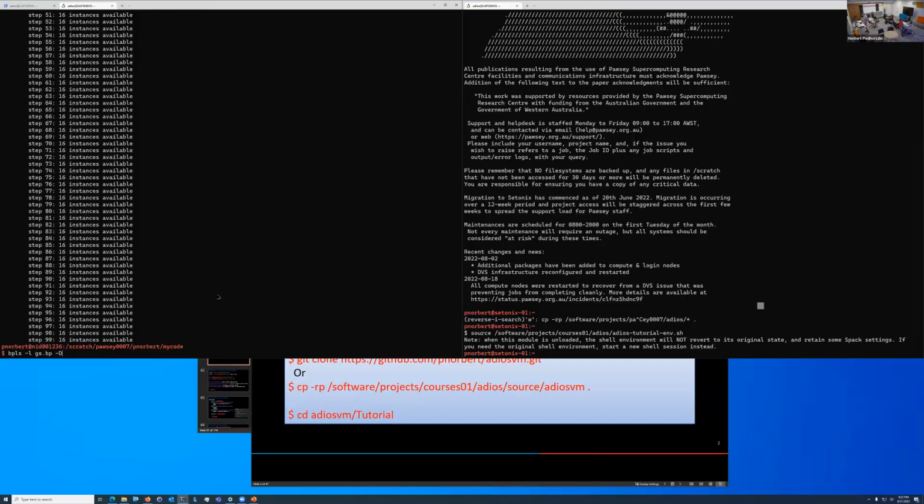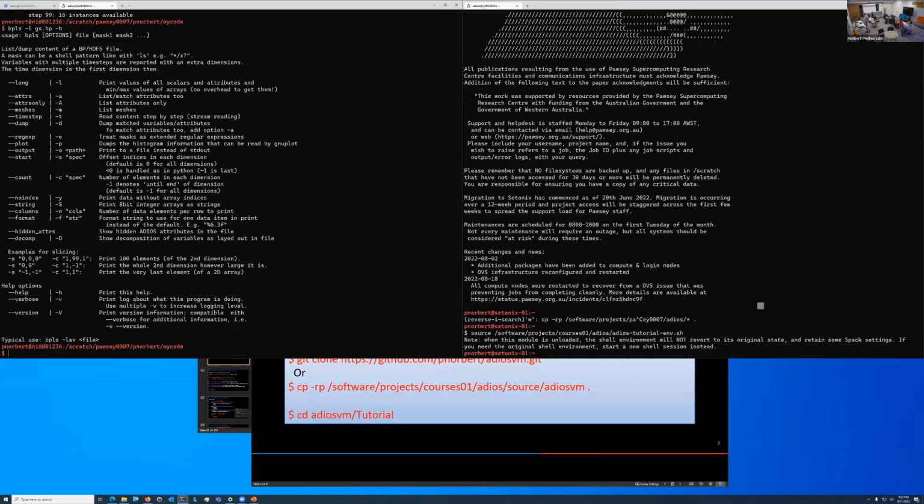Otherwise, BPLS is just a tool to read any pieces of the data. It has a few options, you can always look at that. The trick is that we want to dump with a small d a variable like the u. Since it's a 64 cube, that's just too big. So for the sake of the tutorial, we could read these as a 4D array, setting up first